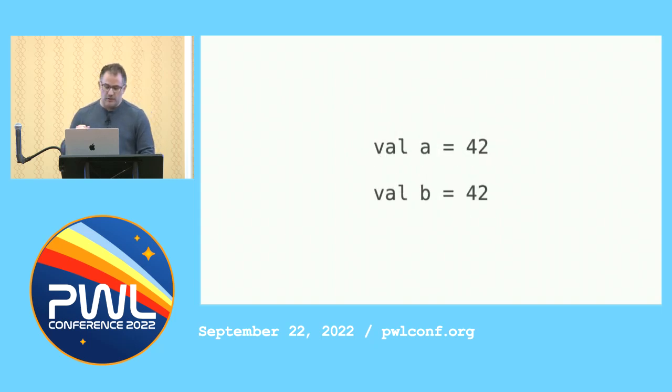So to begin with, let's say that we have these 2 values here, 2 variables close together in our code. They have different names, but they are assigned the same value. Is this an opportunity to get rid of some redundancy? Can we collapse these 2 variables down to 1? Who thinks we can do that?